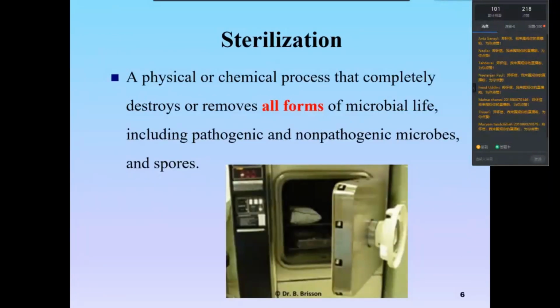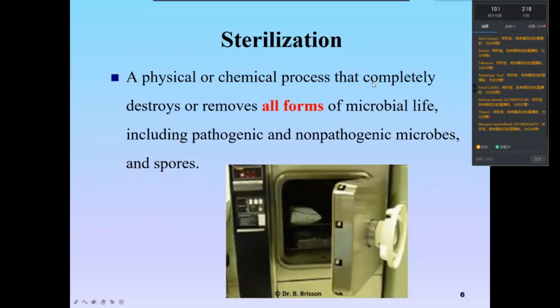Sterilization is a physical or chemical process that completely destroys or removes all forms of microbial life, including pathogenic and non-pathogenic microbes and spores. Here are some points you need to remember. This is a process, so you need to do something. It takes time, the process. You can use either physical or chemical